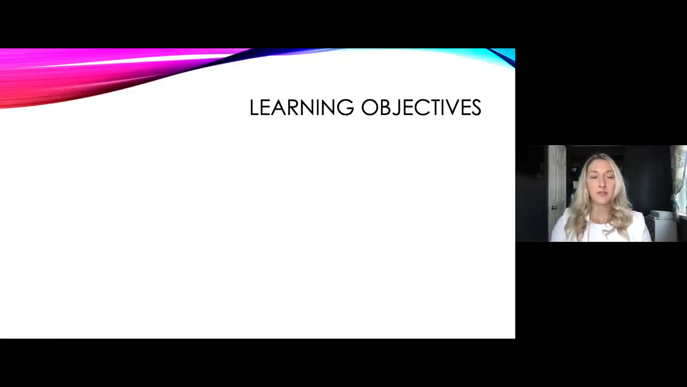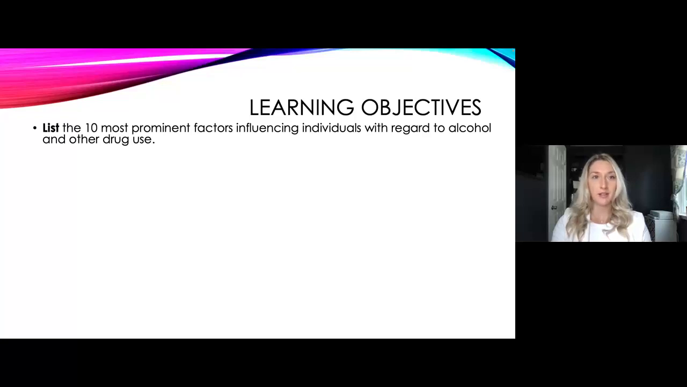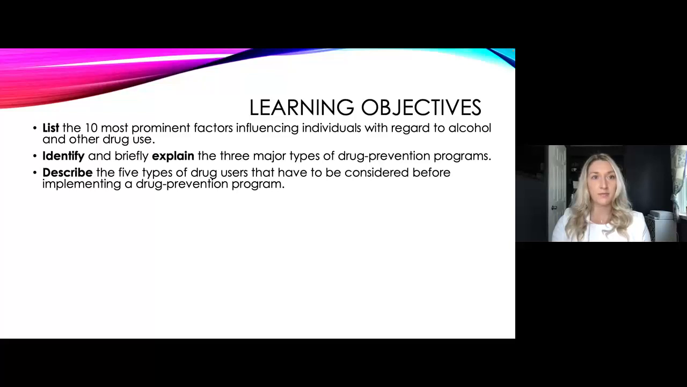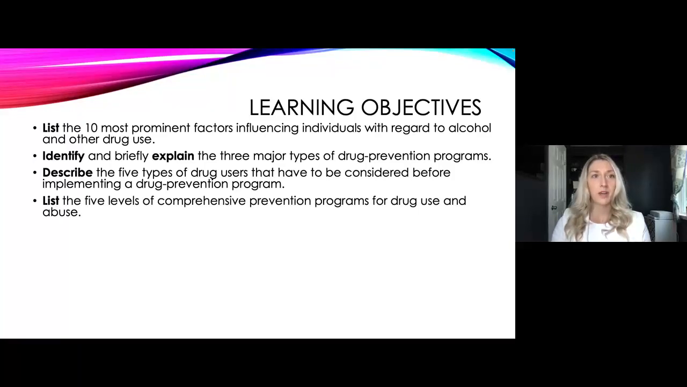So the learning objectives for this lesson are that by the end, you should be able to list the 10 most prominent factors influencing individuals with regard to alcohol and other drug use, to identify and briefly explain the 3 major types of drug prevention programs, describe the 5 types of drug users that have to be considered before implementing a drug prevention program, list the 5 levels of comprehensive prevention programs for drug use and abuse,